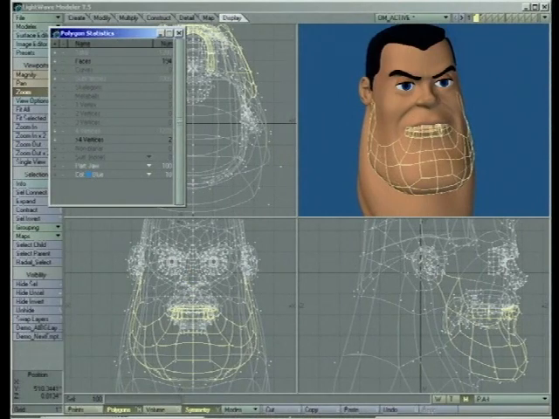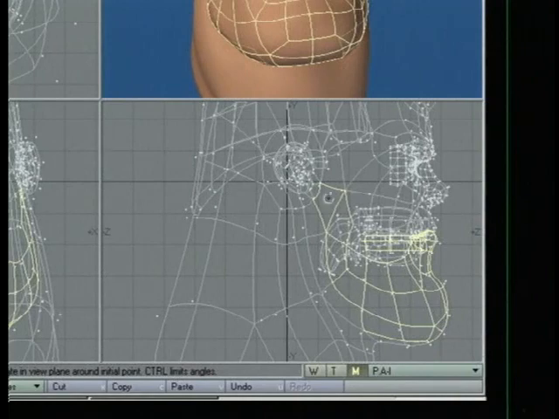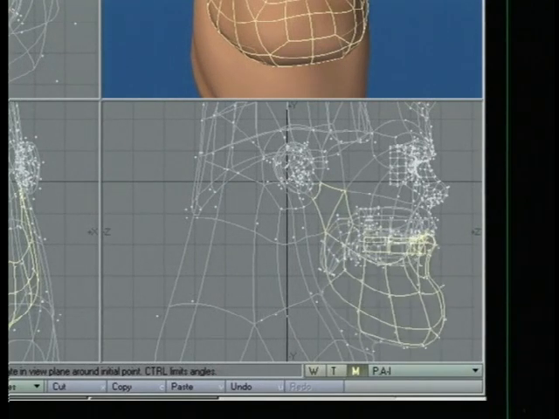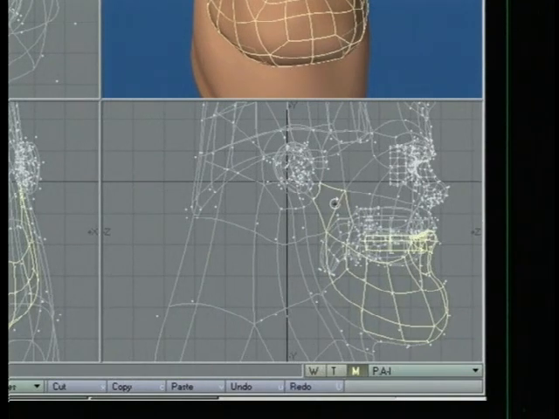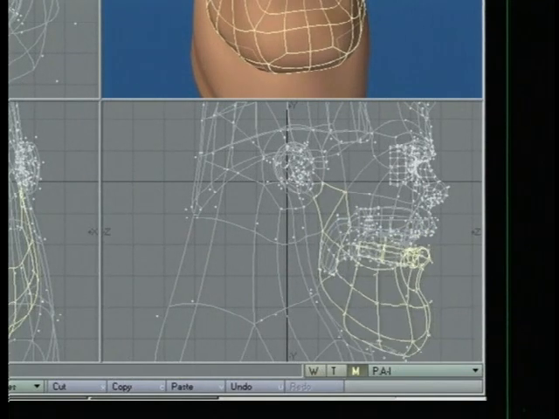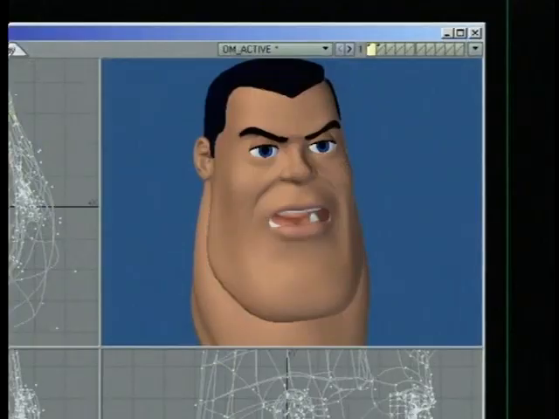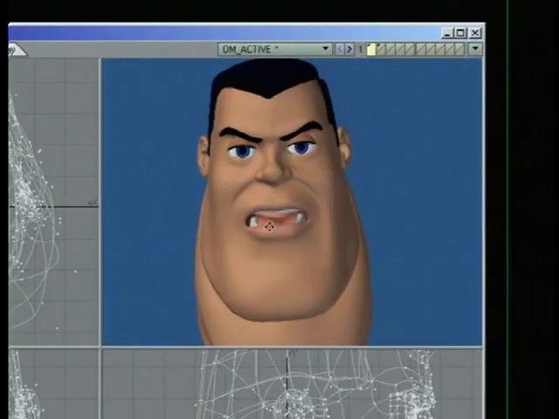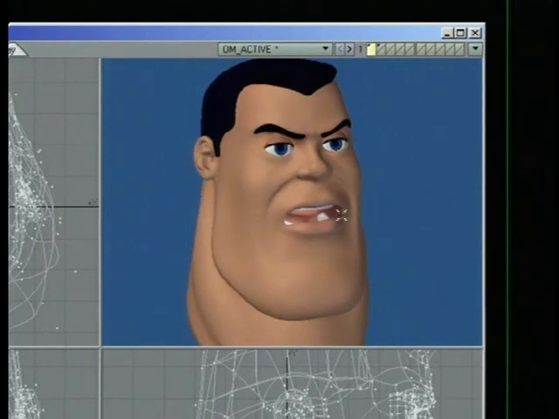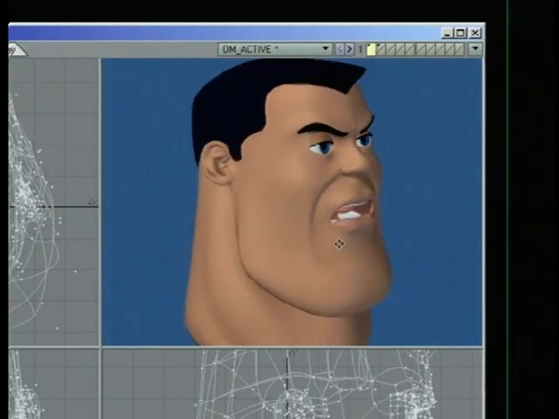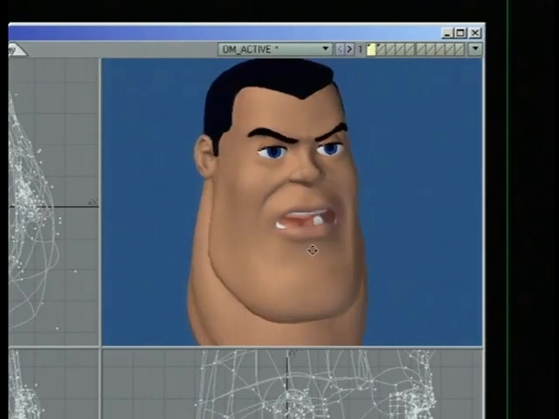And what I'm going to do is use the rotate tool. It's Y on the keyboard there. I put it right around here in the side view to get that jaw-like motion, and I'm just going to rotate it out a little bit. You can see, once I deselect these, that it's opened his mouth and made some weirdness in the geometry there. What I've done is start the initial opening of the mouth,